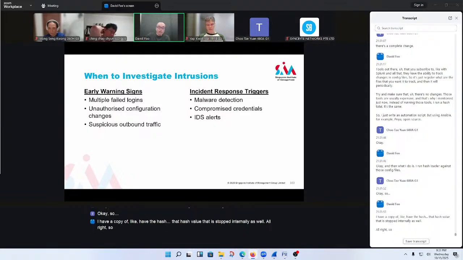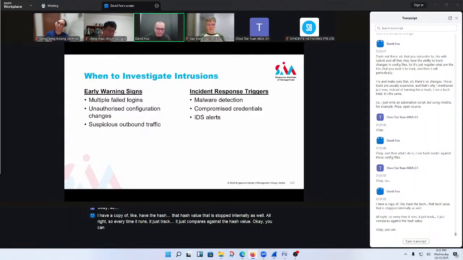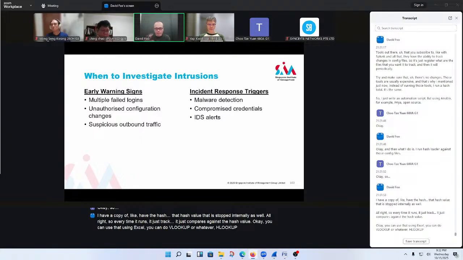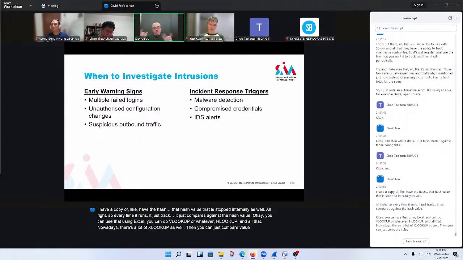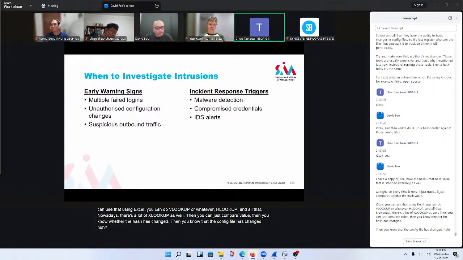So every time it runs, it just compares against the hash value. You can do that using Excel, VLOOKUP or HLOOKUP, and nowadays there's XLOOKUP as well. Then you can just compare values. Then you know whether the hash has changed, and then you know whether the config file has changed. I'm just putting it in perspective.